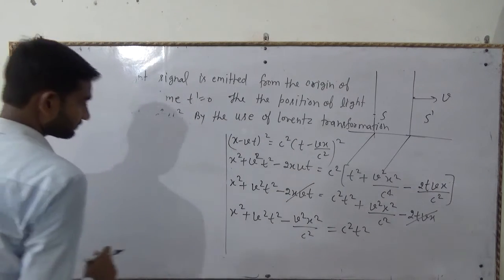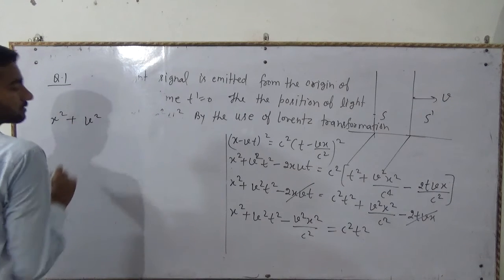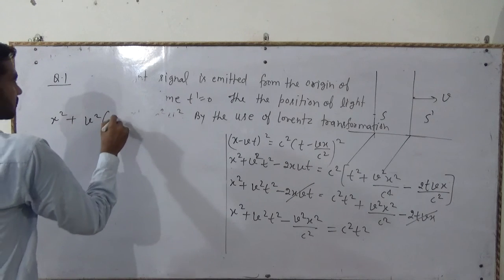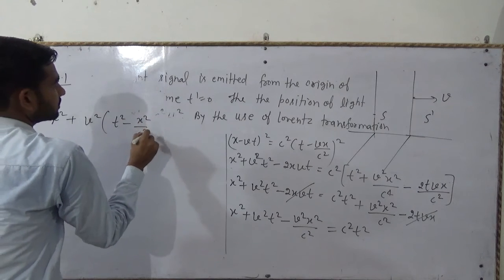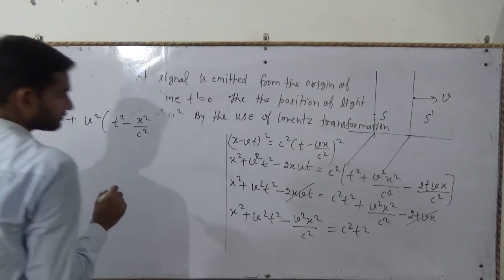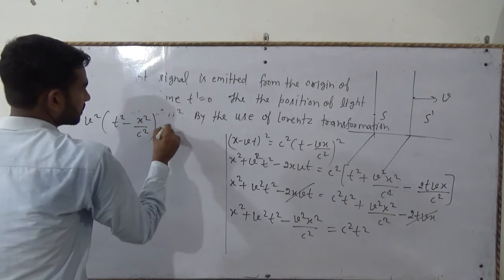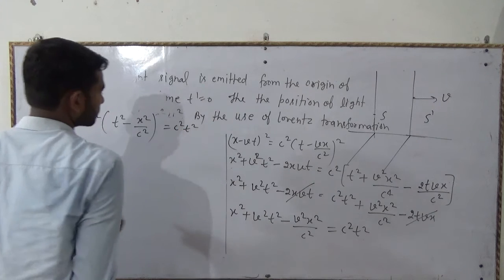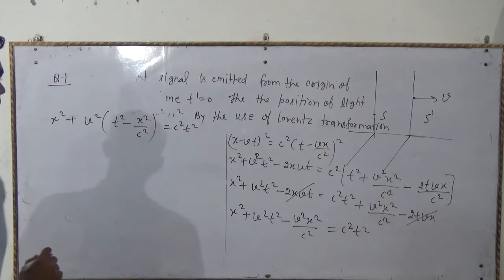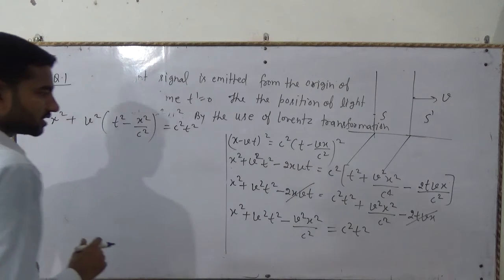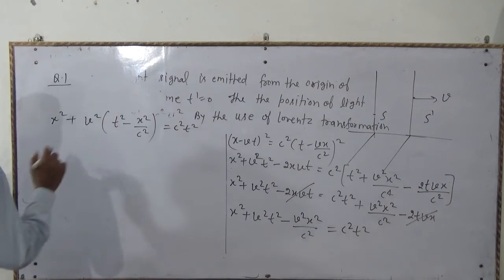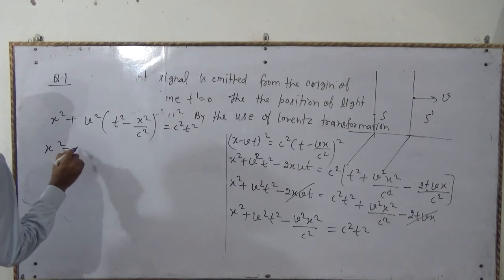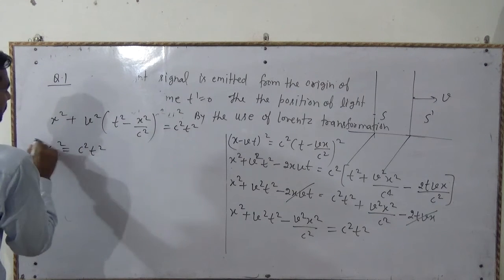In this term v square is common, so v square times t square minus x square by c square is equal to c square t square. Or we can say here that x square is equal to c square t square, and